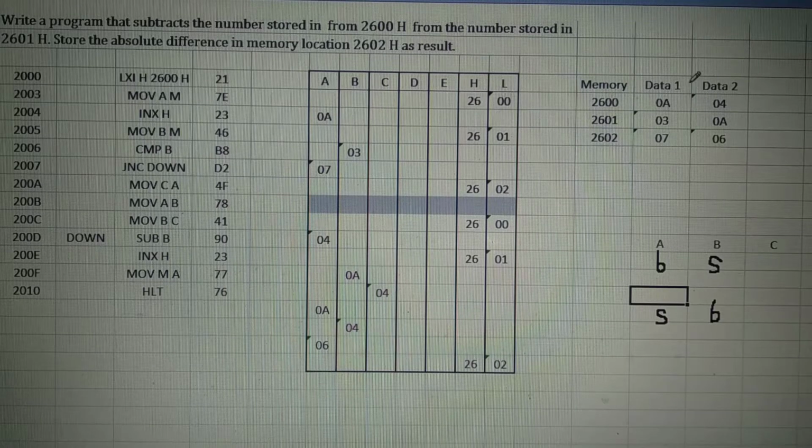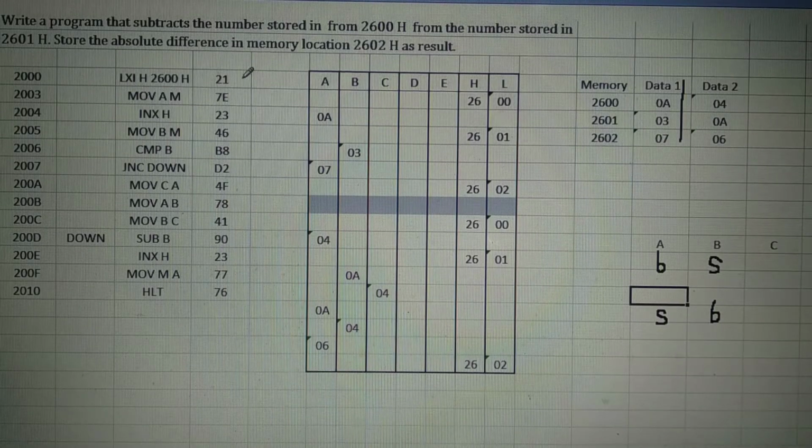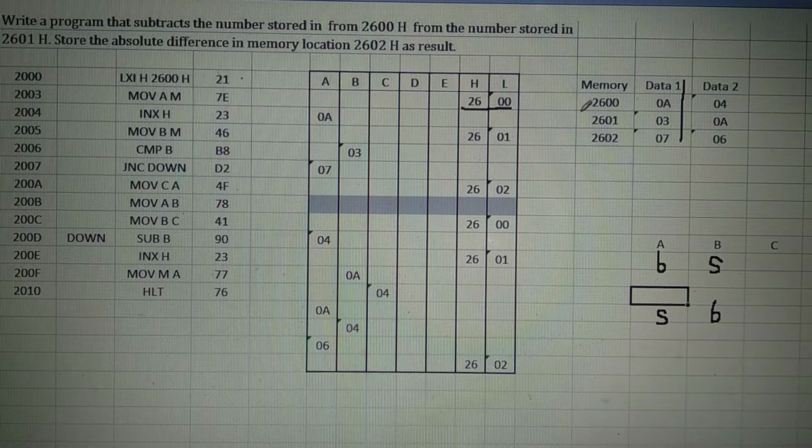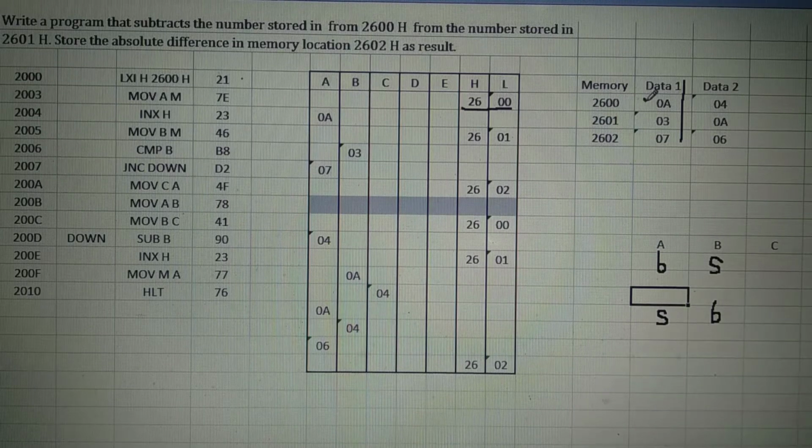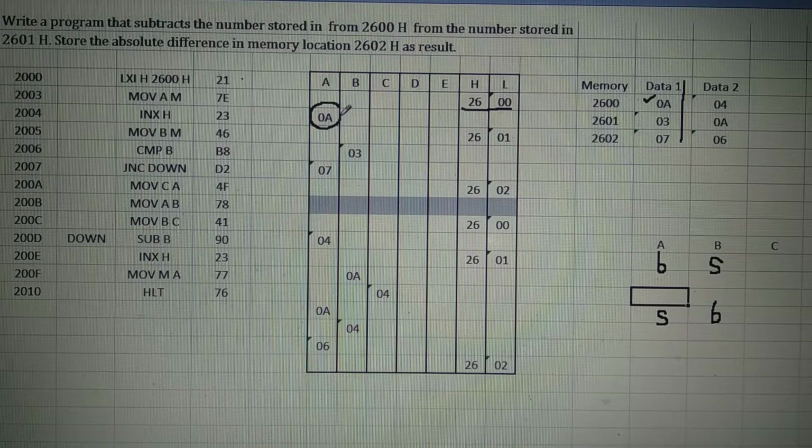We will take data 1. LXI H, 2600. HL will load with the number 2600. Move M to A. The number from this memory is brought to the accumulator. Then INX H. HL becomes 2601.